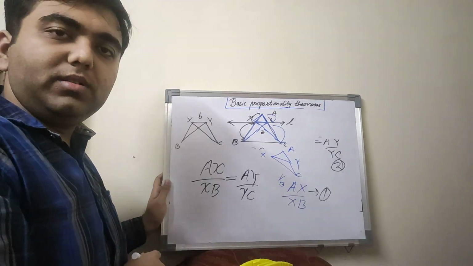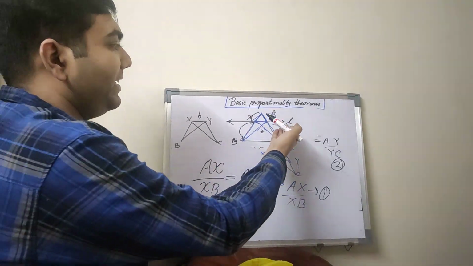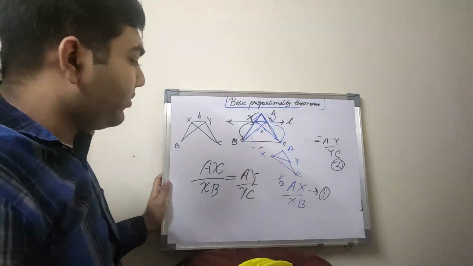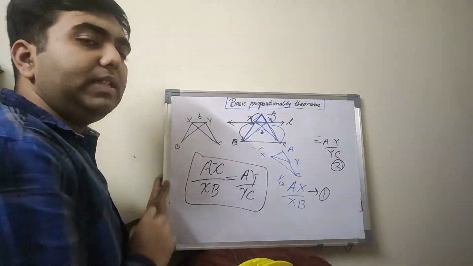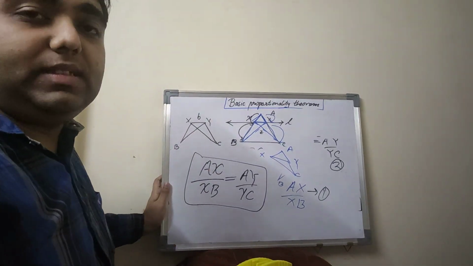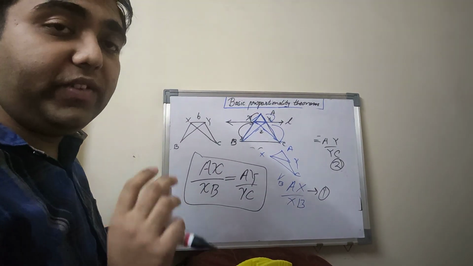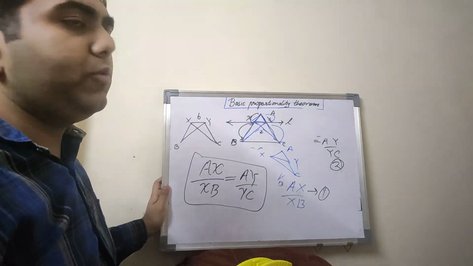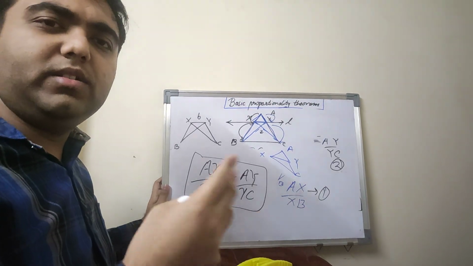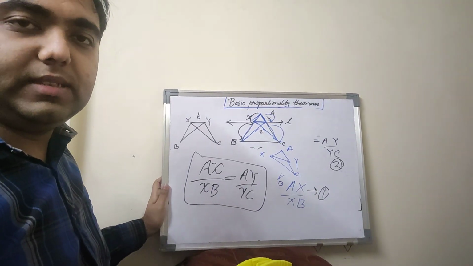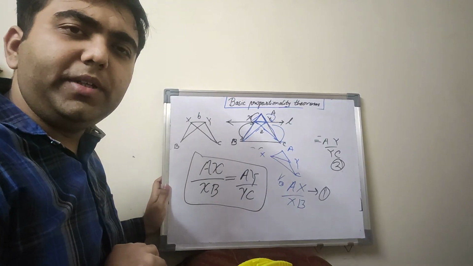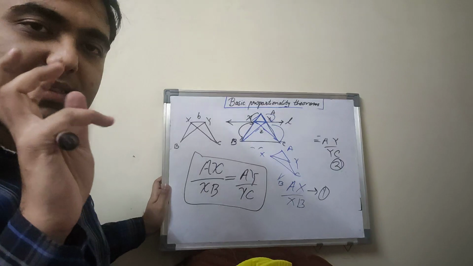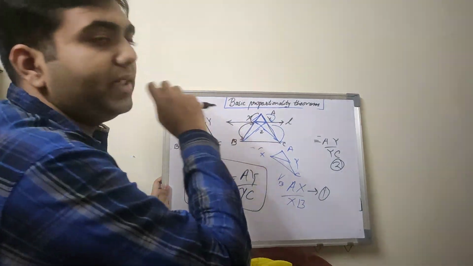We have reached the conclusion. We have proved that the ratios are equal. We have proved what we wanted to prove. You see, we proved this seemingly difficult looking theorem very easily using the concepts of areas. I am going to make one more video about areas of triangles because they are very crucial and essential in studying basic elementary geometry about triangles. And these seemingly easy concepts helped us in proving the basic proportionality theorem.